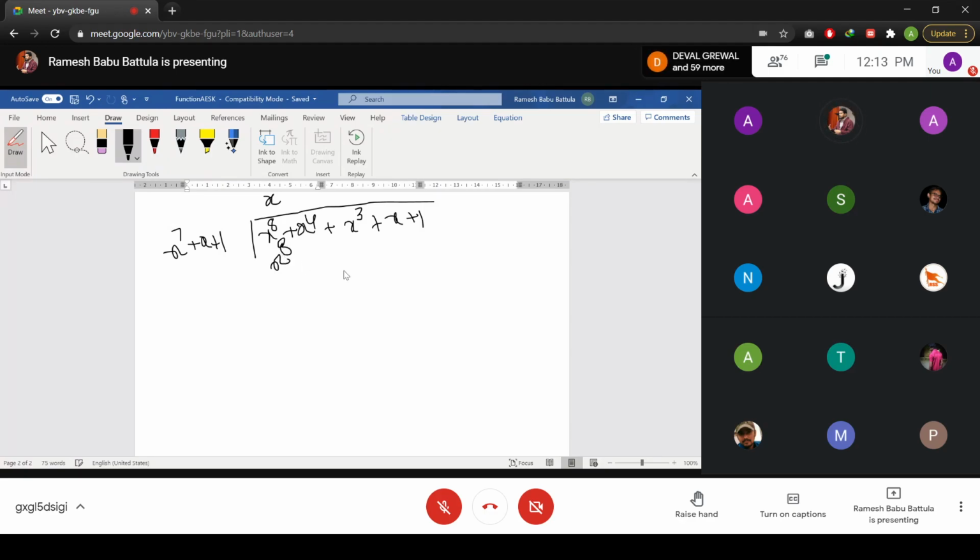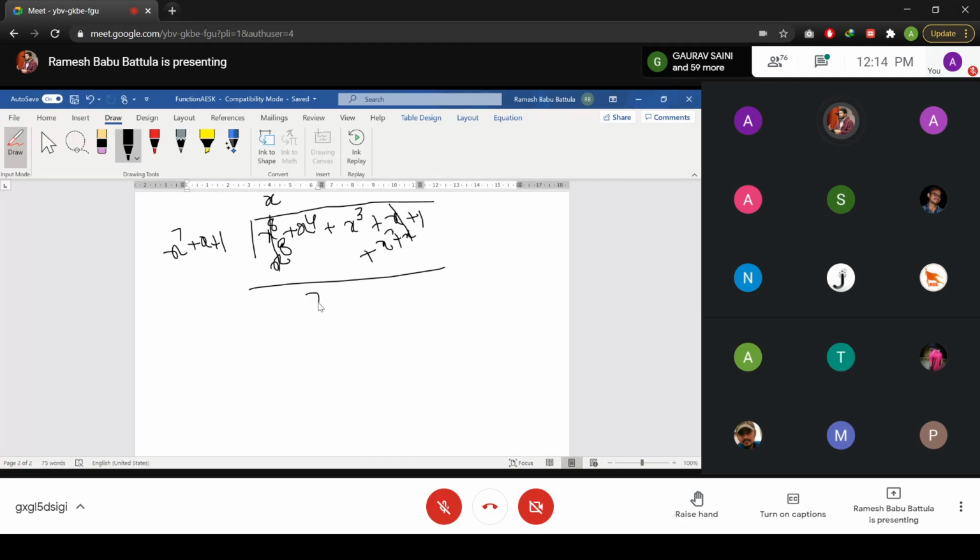x to the power 8 plus, the next value is going to be x square plus x. Then you do here a polynomial arithmetic operation. Here we need to perform the XOR operator. That means the coefficient value is 1, and 1 XOR with 1 is going to be equal to 0. That's why we cancel these two. This you need to keep with you. And here x and x are there. These two are going to be cancelled.